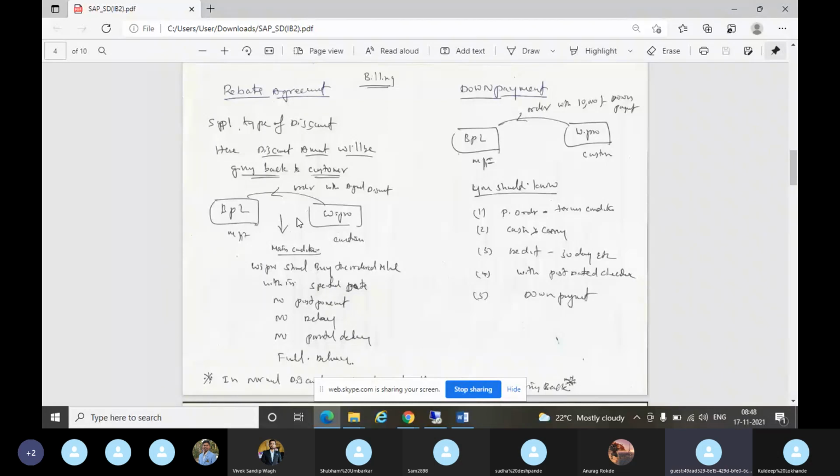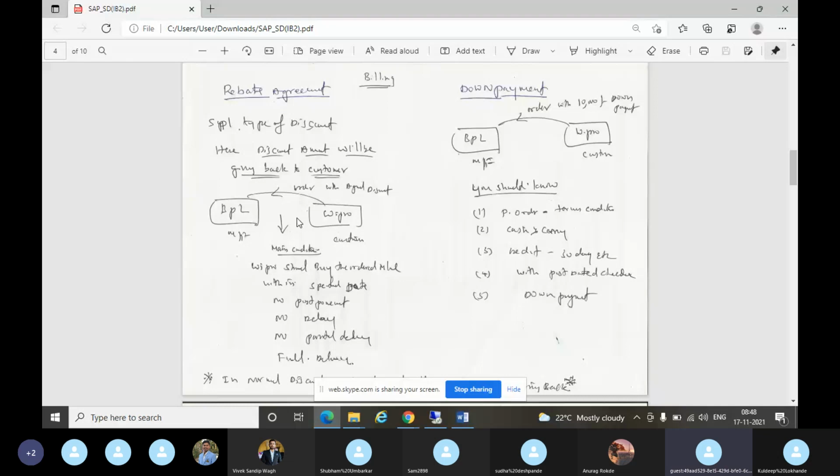So what is the condition? The 500 cars should be in one bill, no partial. If you take 500 cars in one invoice, for each car we'll give 2% rebate. Imagine it is 25 lakhs.